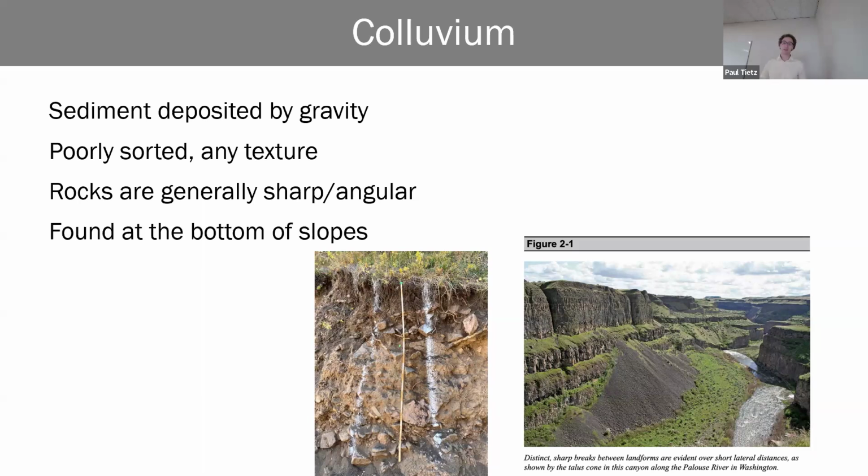And also found at the bottom of slopes. So in these example profiles, this is from a soil judging contest we did in Colorado a couple of years ago. They're really sharp-cornered rocks. This was at the bottom of a really steep slope. That's easy to think of as colluvium parent material. But then also this is a